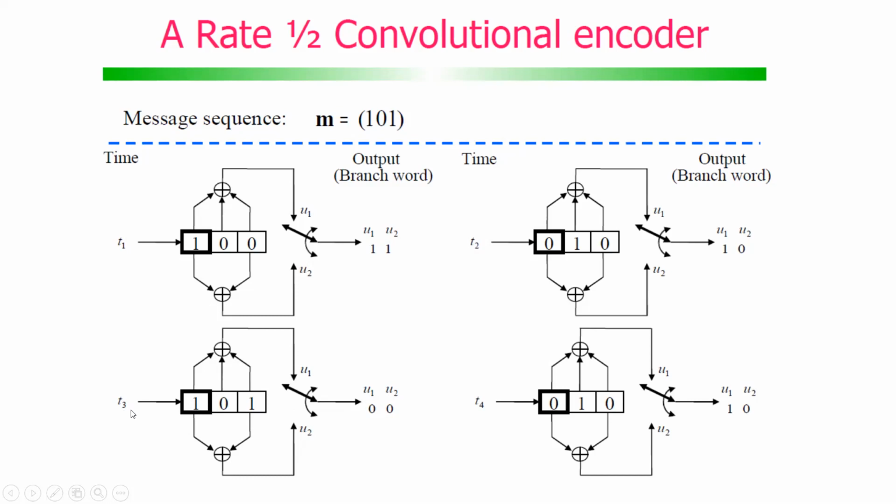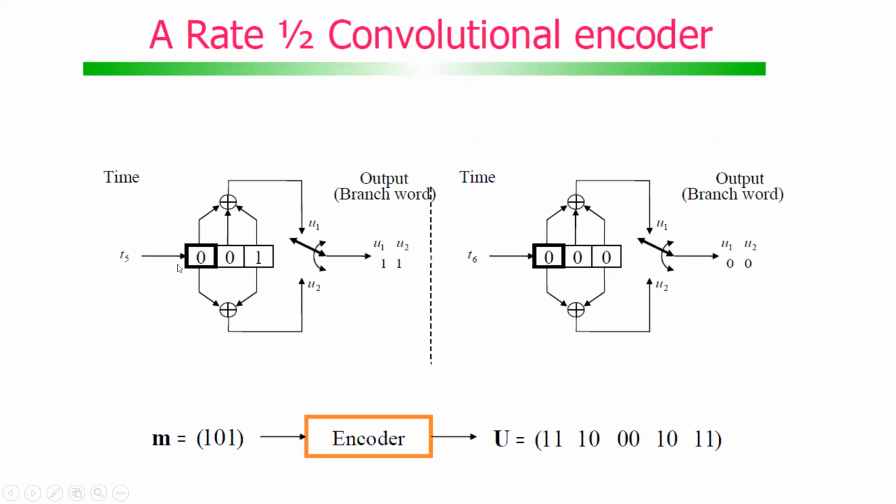third time interval. What you are supposed to do here is to continue producing the code word, because the message vector given is 101, but you have to flush out this 101 from the shift register till the shift register contains 000. That means you have to pad in zeros also. Now at time t4 you enter 0, because you are padding 0 here. At the end you must get all 3 zeros here. And look at the branch word. The branch word is 10 now.